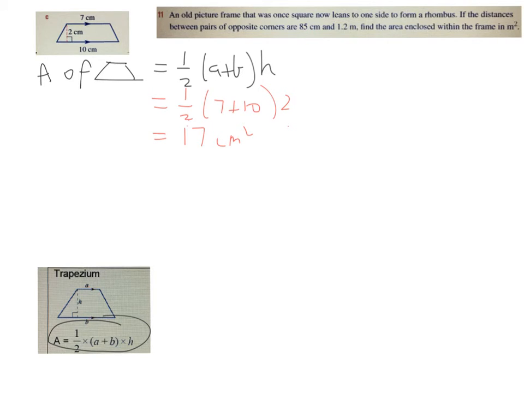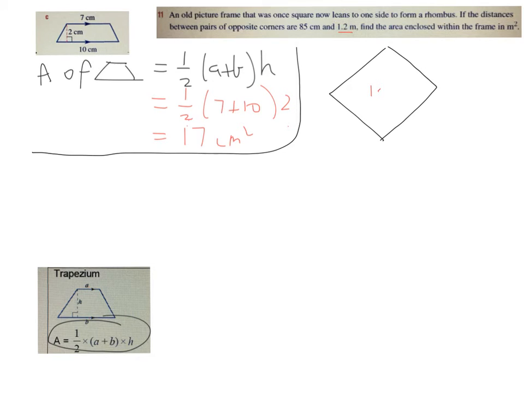But we draw a diagram. It was a square, now it's a rhombus, so it's a diamond. So I'm just going to put a line around this so we don't get confused. And now our picture frame looks like this. Pretty good. Okay, and like it says, 1.2 metres is 1.2. Oops, let's draw that a bit clearer. 1.2, and the other one is 85 centimetres, but we want it in metres, so it'll be